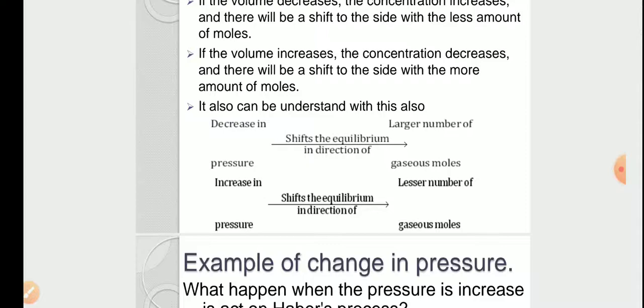So if you think about ammonia and nitrogen and hydrogen, under high pressure it will be beneficial to get ammonia, but under low pressure the volume will increase. In that situation the ammonia is broken down to form nitrogen and 3 hydrogen, so the volume will increase. So here the case will be opposite, that is, the backward reaction will be more.